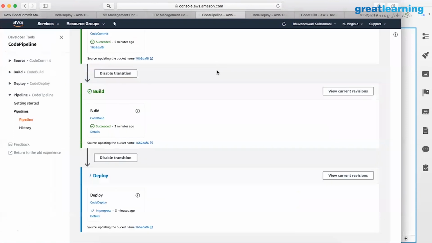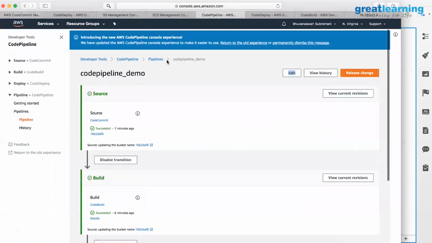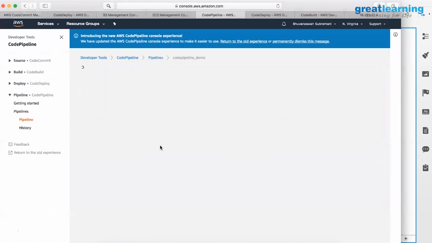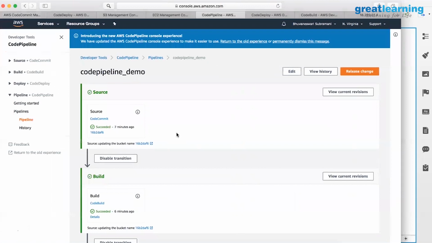Let's go back to CodePipeline to see the build. It should detect the changes and start the build. The previous one was over a few minutes ago. Let's see whether it automatically detects the changes and starts. Let me give it a minute. If not, we will trigger it.